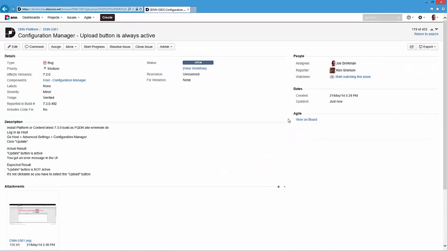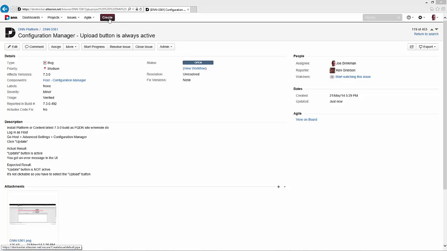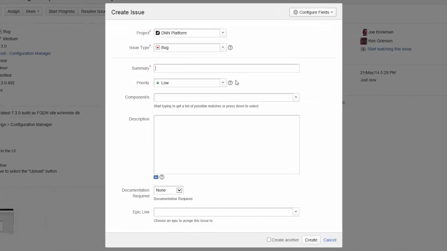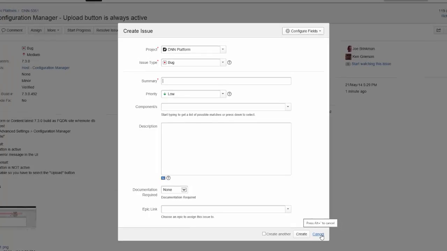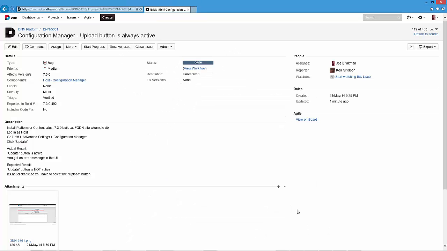And now I don't have to worry about anyone else taking this issue while I'm off working, researching how to actually fix the issue. If there wasn't an issue already created, one that I liked, I could actually go in and create a new issue. Maybe there was something that I found during my normal usage, and I could go ahead and create this new issue, enter all the summary information, a nice description with the full documentation as we talked about before, and I would go ahead and create that, and again then just assign that to myself. But for now, we're going to go ahead and use this one on the configuration manager